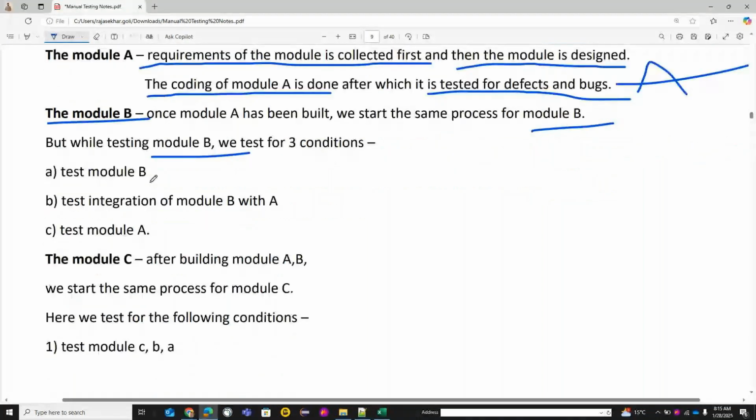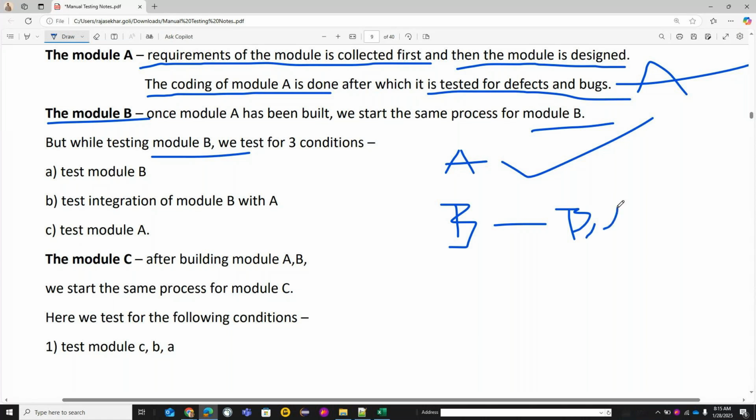What are those three conditions? Here A is done, and A alone was tested in the testing phase. But coming to module B, we have to test three conditions. One is B has to be tested, then A has to be tested, and then AB has to be tested.